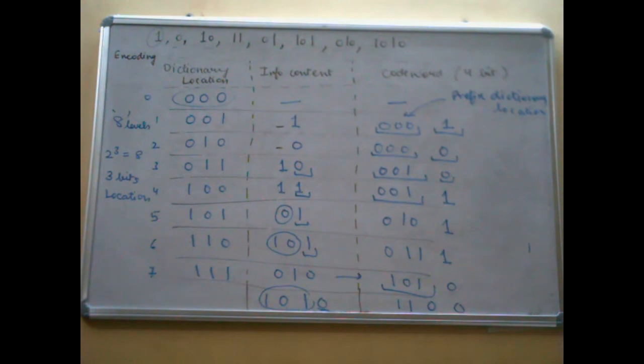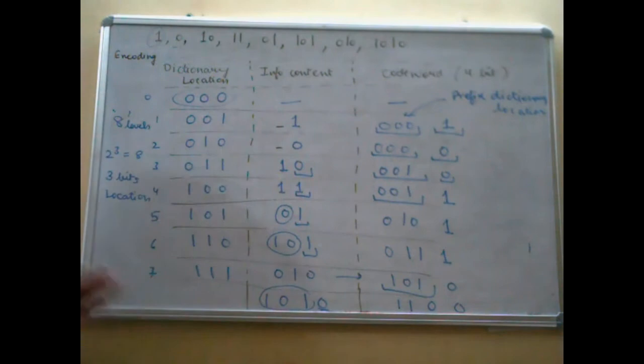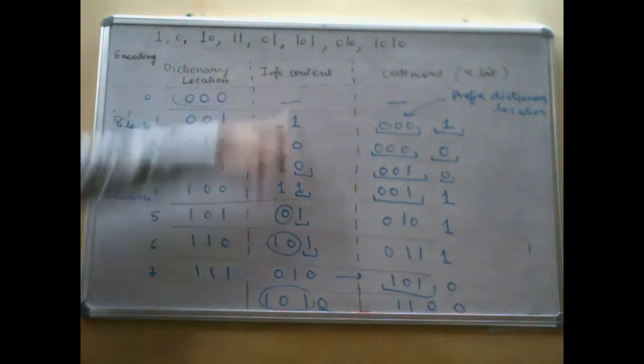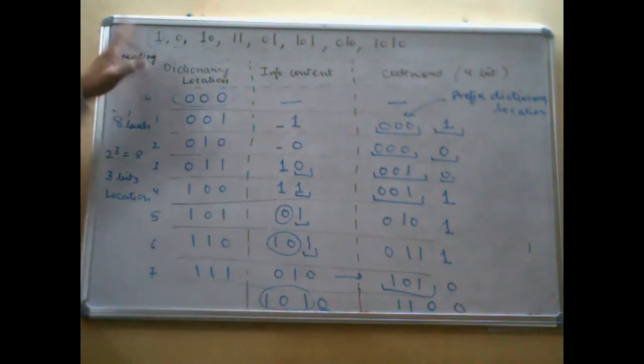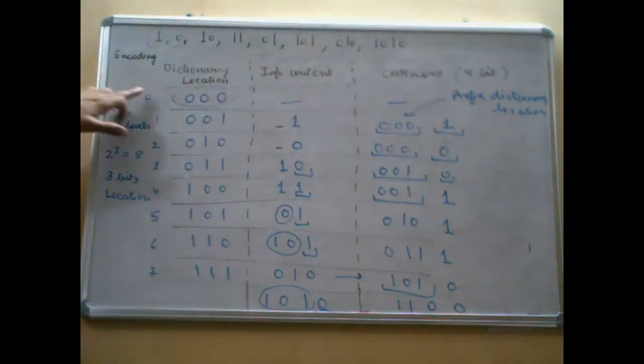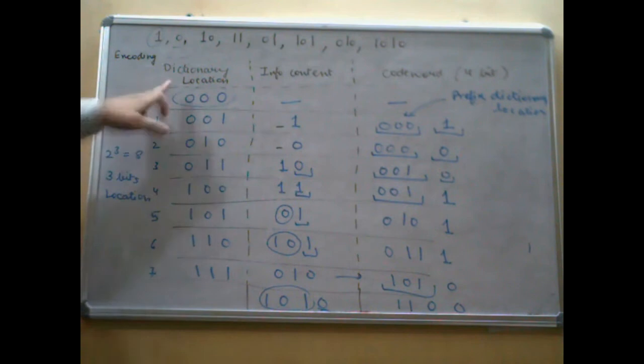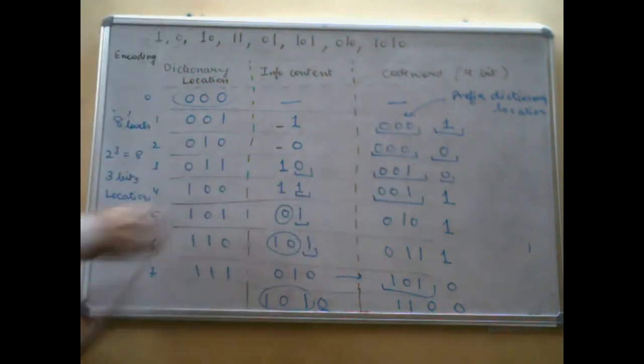Okay. Good, Prasoon. Now let me explain to him with one example of this code word, then we'll complete this. See, Rakesh, over here how these code words are formed. Because up till this part, I think he has very clearly explained. We have got the information content that is written over here. This was the first step, to separate out the unique information content. Dictionary location, as he told, total 8 values are there. So we will use 3 bits from 0 to 7, 000 to 111. Now see how this code word is formed.